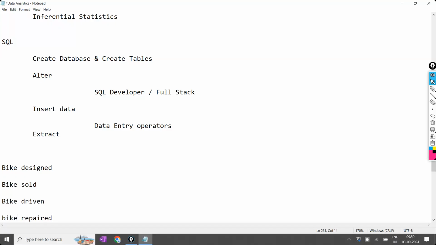The person who has designed that one will not do the repair. Though it is the same company, for example, you are using the Bajaj Pulsar. You went and purchased it from Bajaj company only. If you are getting any service problem, you'll go to the same Bajaj showroom only. But the person who has designed is called an engineer. The person who will repair is called a mechanic. How can both be the same?